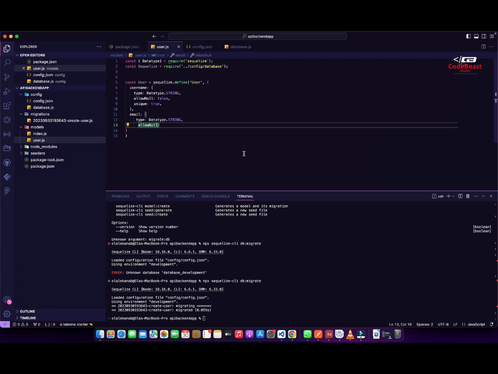And of course, email is also a data type string and cannot be null. And of course, it also needs to be unique. Email always has to be